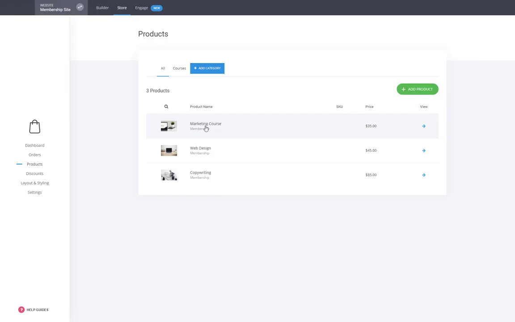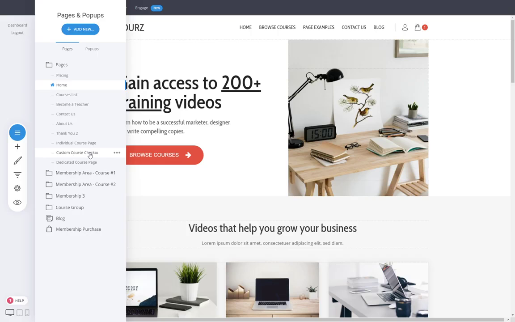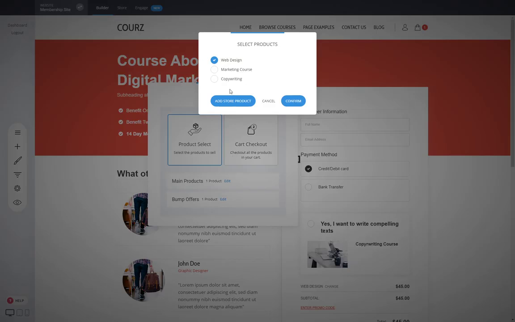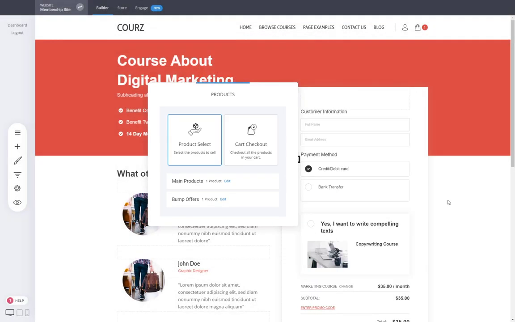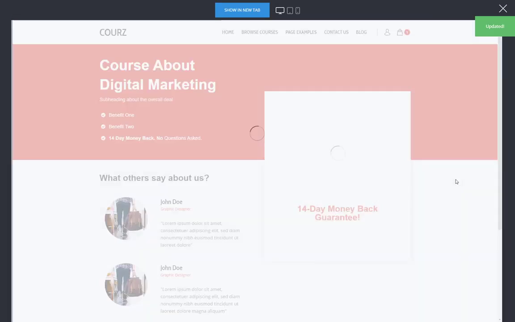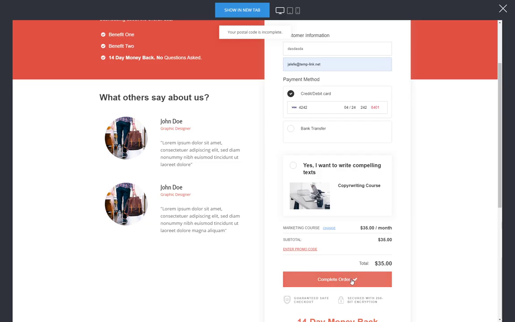So now we want to just buy the marketing course. So how do we do that? In our custom checkout page again, we have to select our marketing course, because we want to purchase access to it. And as you see, it's now not a one-time payment, it is $35 a month. Click on save changes. And now we don't have to log in again. We just have to enter our information here with our dummy card from Stripe and that's it. I just click on subscribe, complete order actually, and just like that